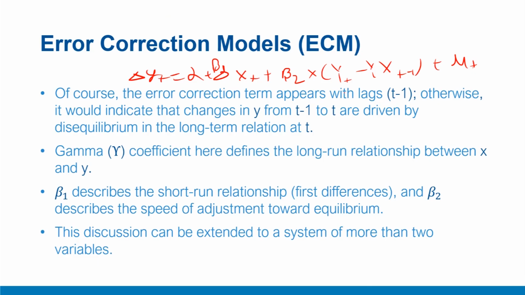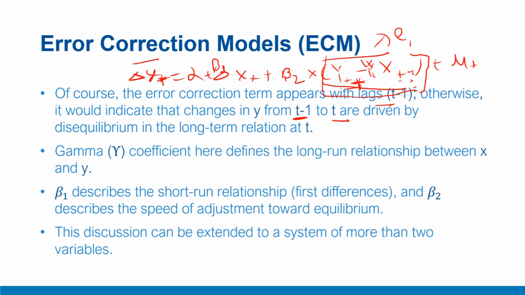Let us interpret this one by one. First and foremost, here in this short-term error correction term et, this is appearing with the subscript t minus 1 because it indicates deviations from equilibrium in the previous period. So the current changes in delta yt, which come with the subscript t, are affected by the previous deviations from this long-term equilibrium relationship. So there we need a subscript t minus 1. That means changes at time t are driven by equilibrium deviations at t minus 1. That is logical.